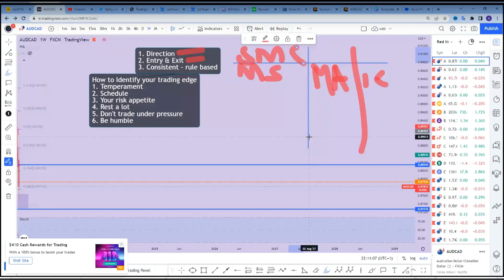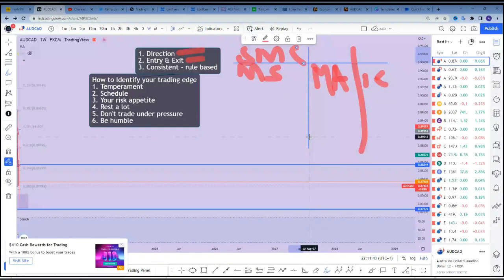We're talking about you looking at supply and demand, and at the market structure and break of structure. All these things sometimes can become cumbersome, because you have to check so many different things that sometimes you may not remember all the steps or all the factors you're supposed to check for. It happens. And another thing is that with smart money concepts, our exit is also based on all of these things that we have talked about.